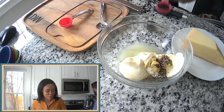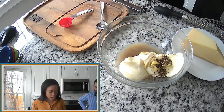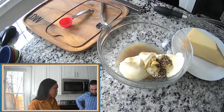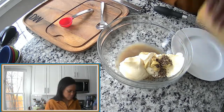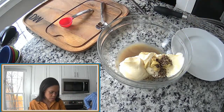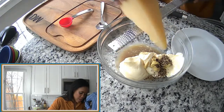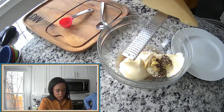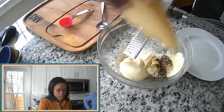This is a teaspoon of Worcestershire. And then about 1/2 cup of freshly grated Parmesan. Should I use this one? Yeah. Okay. And then you'll usually just top the entire salad with fresh Parmesan and then some more salt and